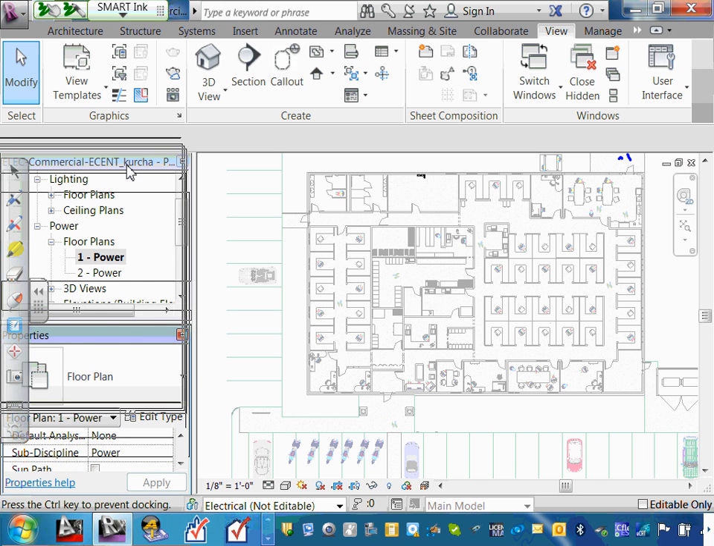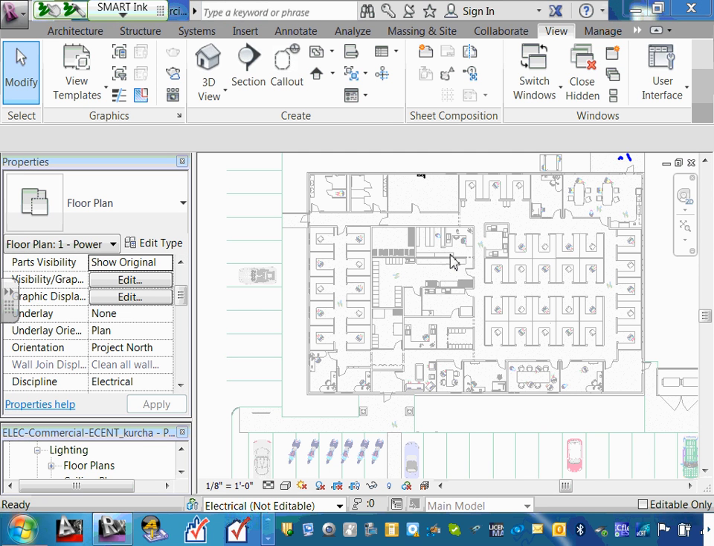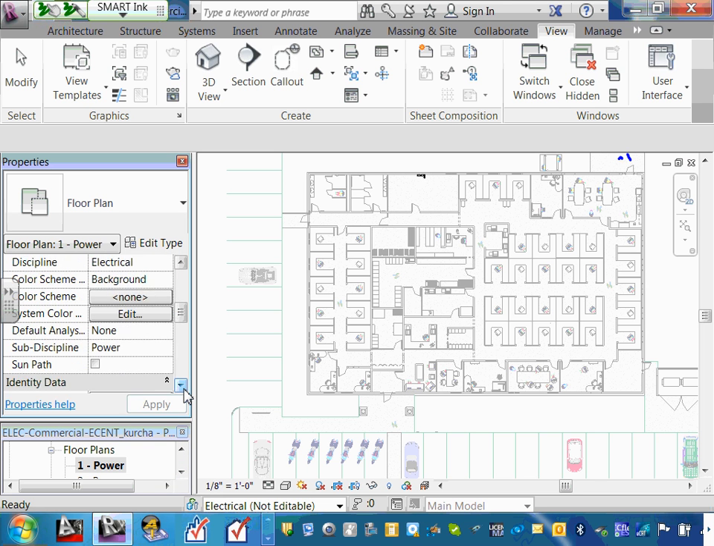You know what? I'm going to put the property at the top. Maybe it's a better way. Okay, so minimize this. We're in floor 1, right? Remind you guys, floor 1, right? Everybody, I would like you to go to the property and go all the way down to